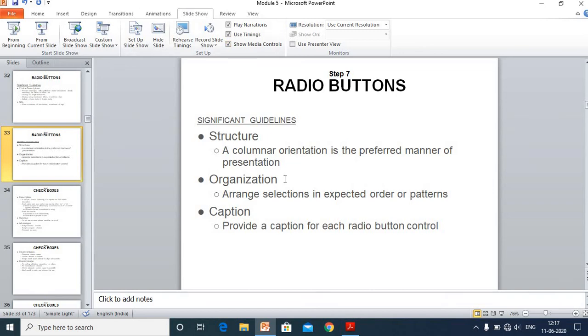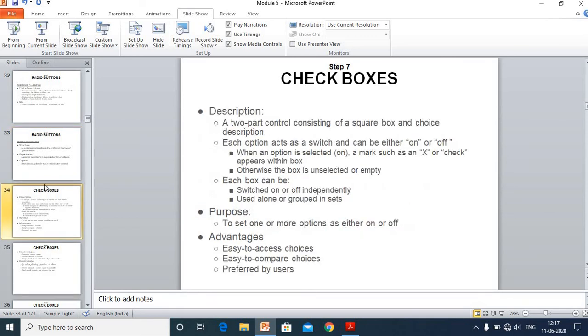Then organization: obviously we need to organize in such a way that it is easy to access. And caption: we should provide a caption for each radio button control. That means we cannot simply give a name for radio buttons. We should give some caption, like what is the use of that particular radio button.